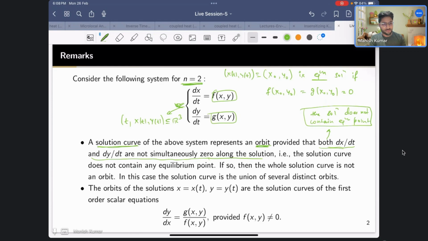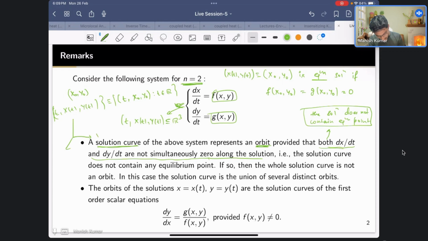And if x naught, y naught is an equilibrium point, then you know that this set, if you look at it, is nothing but t comma x naught comma y naught when you consider the constant solution or the equilibrium solution. So this is the set, right? This is just a constant line along the t axis. So if you consider it as a diagram or as a plot,